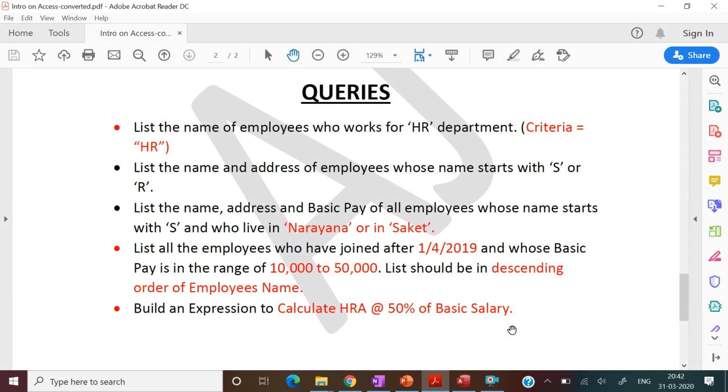Now suppose I extend this query, like suppose I want to know the employee whose name starts with R, and I want the address, basic pay and HRA. So how do we put all this?